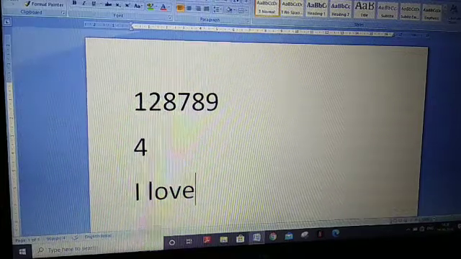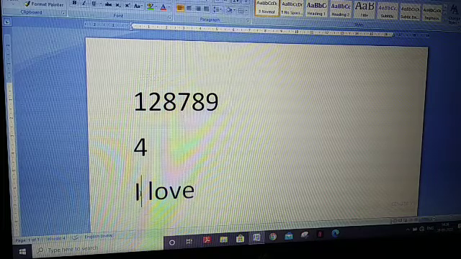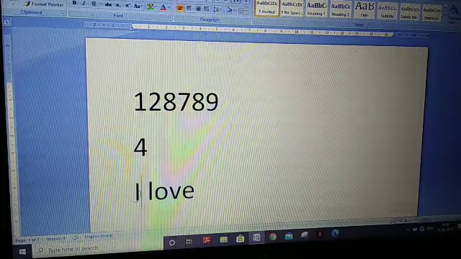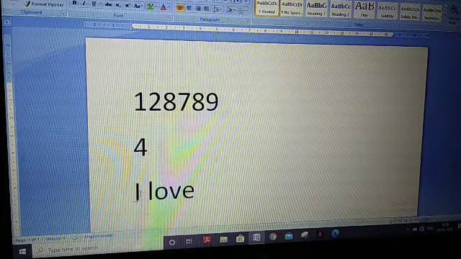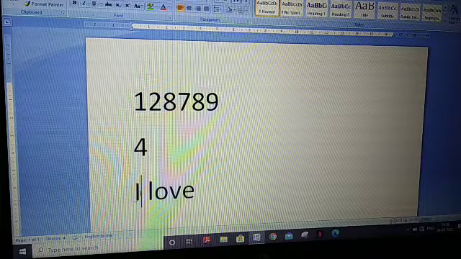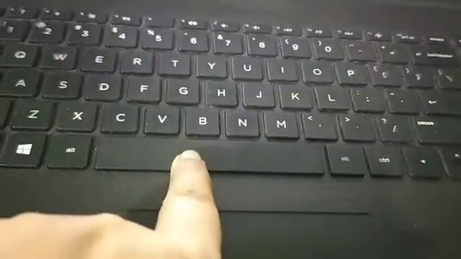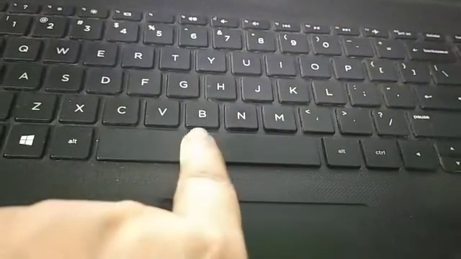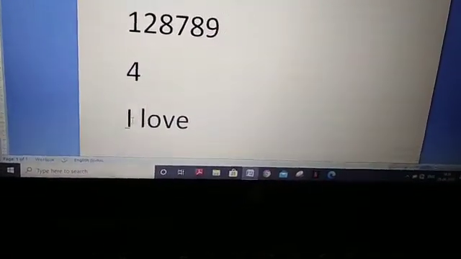The word computer. So there should be a gap. Here also you see, after I, we give a gap between words. When we write a sentence, we give a gap between words. So when I'm typing on the computer, this gap we give through the space bar key. Which key? Space bar key. Remember this. I'm showing you the space bar key, the longest key of the keyboard. This key is used to give space between words. Longest key of the keyboard is called the space bar key.